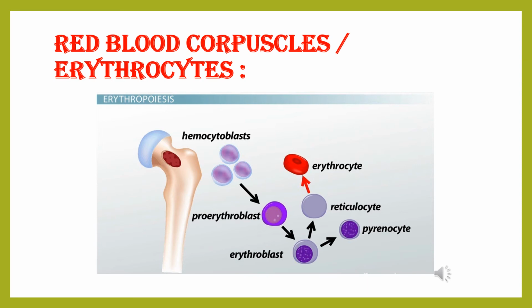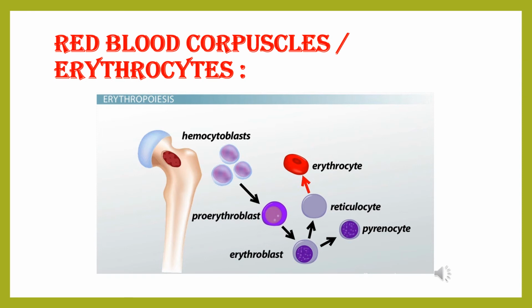Again, one more slide to understand erythropoiesis. Erythropoiesis takes place in the erythropoietic organ in an adult. The site of erythropoiesis is the bone marrow cavity of the long bones. In the bone marrow cavity of long bones, there is a presence of stem cells which are called